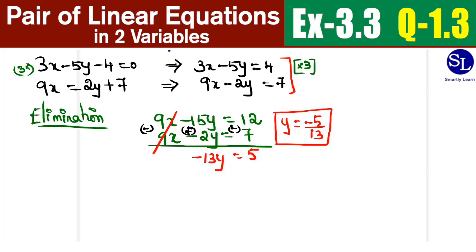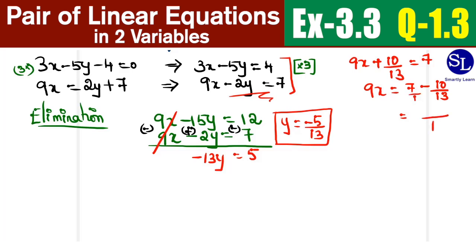So let's make a note of this. I'm going to substitute this value of y inside the equation to get the value of x. So I'm going to use this value of y in the second equation. So 9x minus 2 into minus 5, so I'm marking this as plus 10 by 13, is equal to 7. I'm going to take it to the other side. So 9x is equal to 7 minus 10 by 13. So now I'm going to do an LCM treating this as 1. So this is 13. 13 into 7 is actually 91 minus 10. So this is 9x is equal to 91 minus 10 by 13.